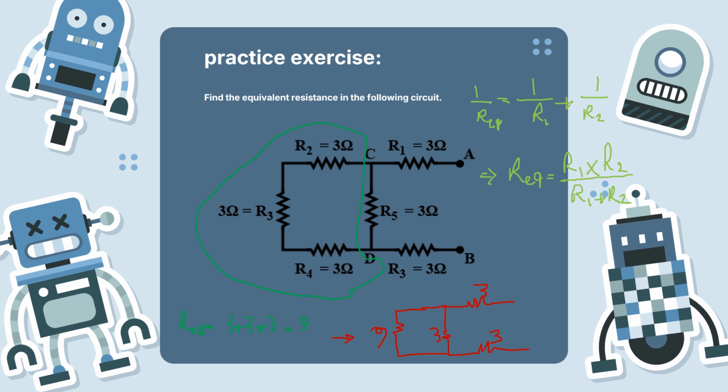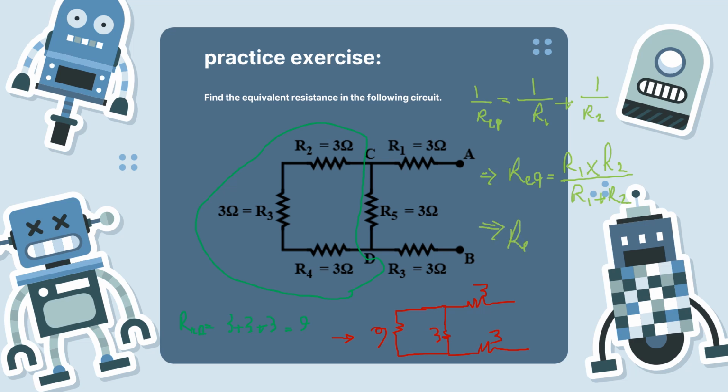Okay, so we just need to put these two, 9 ohm and 3 ohm, in this formula as R1 and R2. For example, R1 is 9 ohm and R2 is 3 ohm. So if we calculate it,